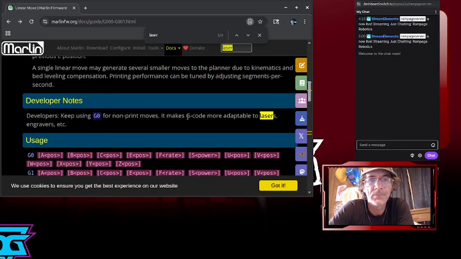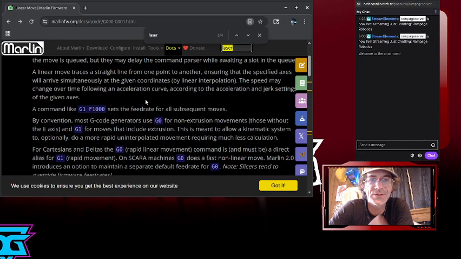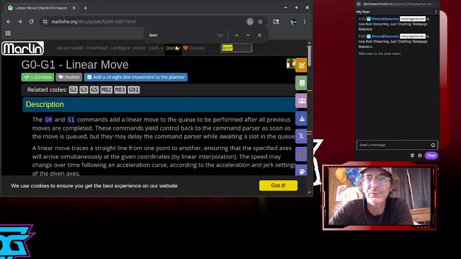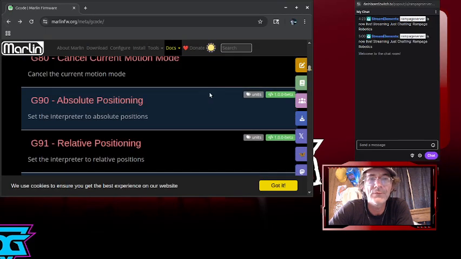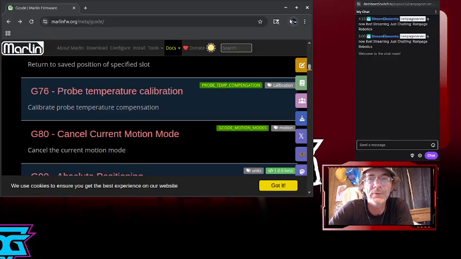See? So you want to use G0 for moves, which it does automatically in the plugin. I need to show y'all something else though, not this. I need to go back to here. We'll do this. Back to here, right? And then we'll go